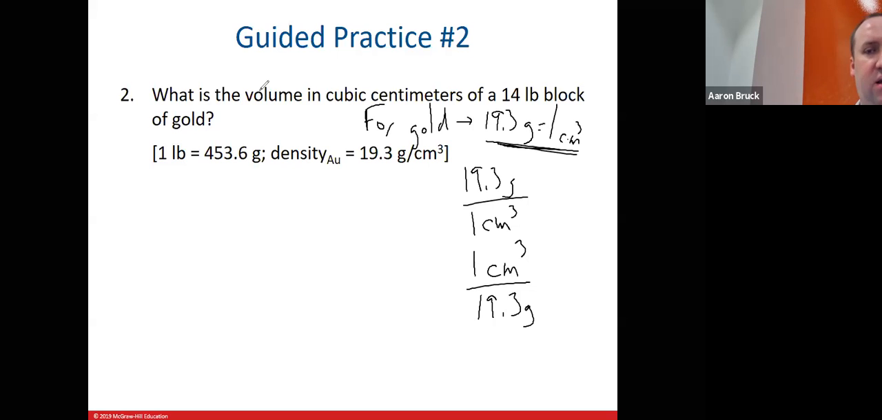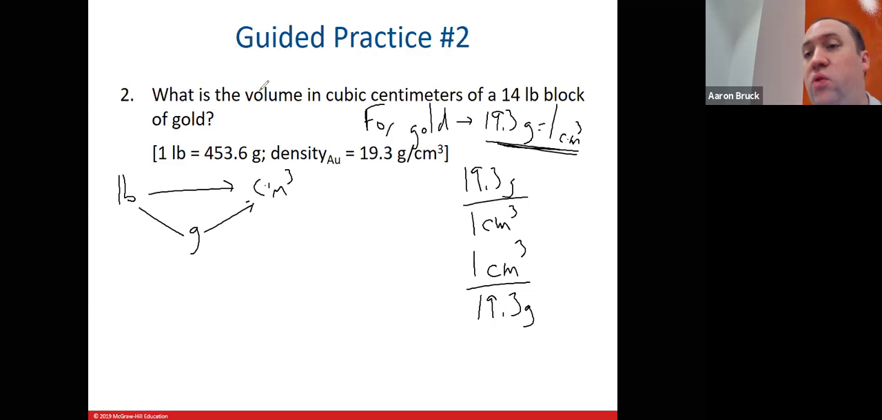So our first business here, we want to take our pounds and eventually turn them into cubic centimeters. To do that, we're going to take a side trip to figure out grams in between, because we do not have a relationship directly between pounds and cubic centimeters. But I can turn the pounds into grams, and then I can turn the grams into cubic centimeters using the density. So if I start with my 14 pounds of gold,